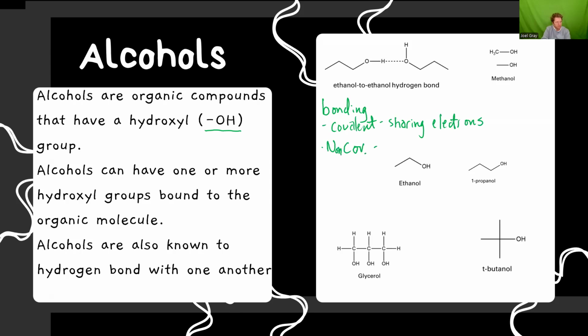This is, I'm going to say, unequal sharing of electrons. And this unequal sharing of electrons takes place between different molecules. So our covalent bonding is within, so I'm going to circle this right here